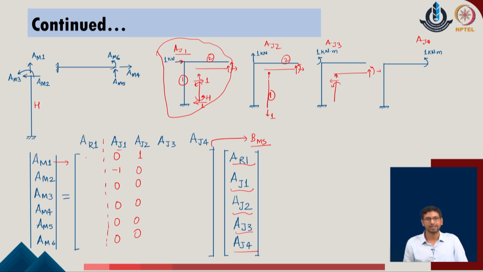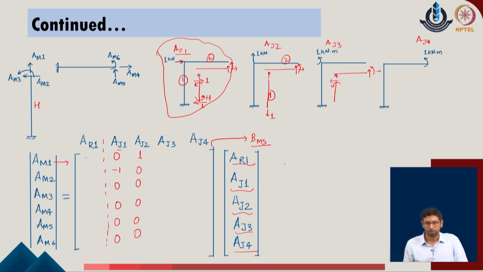So, identifying these systems is not very complicated, but we may now realize that doing this for a more complex problem is a time-taking procedure, and it does not have a very standardized system because the choice of the redundants is not unique. A user can also go with a different choice of redundants in the problem, and accordingly the whole problem may have a different solution or a different solution scheme. So that is why implementing this kind of approach in a computing environment is not very suitable. But as far as a manual understanding and the generalization of the flexibility matrix are concerned,